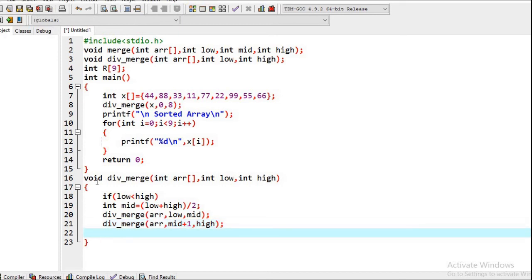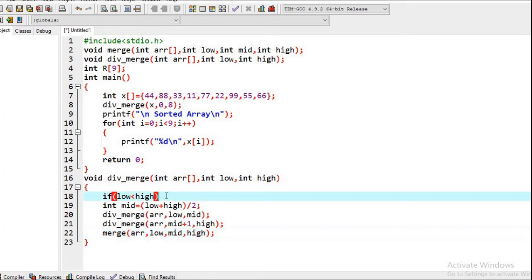So we have these 2 parts, and after this division is completed, we have to actually merge them. For merging we will call this function merge, and we will pass low, mid and high here. In this way it is going to work.